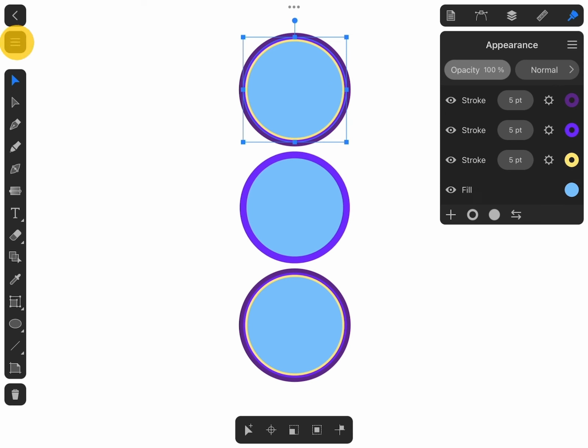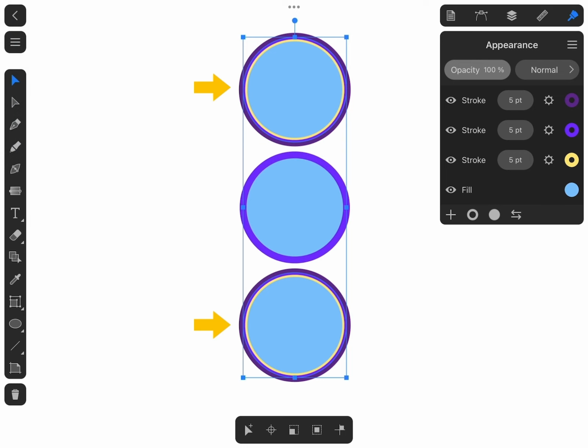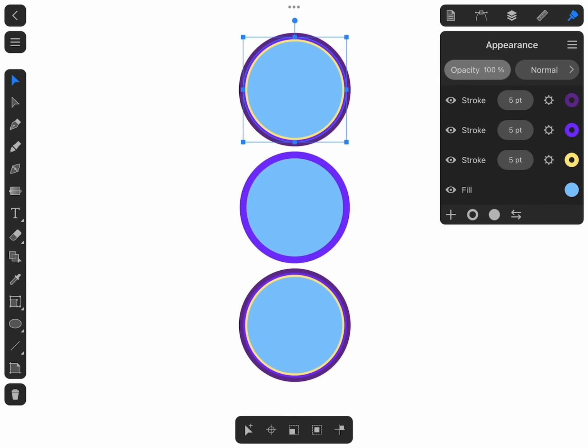The Select Same menu contains other useful options. For example, if you opt for the same appearance, only those objects whose properties on the Appearance panel coincide will be selected. This includes everything from the stroke width to the direction of the shadow or amount of blur. The Appearance panel can swap the colors of a stroke and fill using this button. If an object has more than one stroke or fill, only the upper stroke and fill will swap the colors.